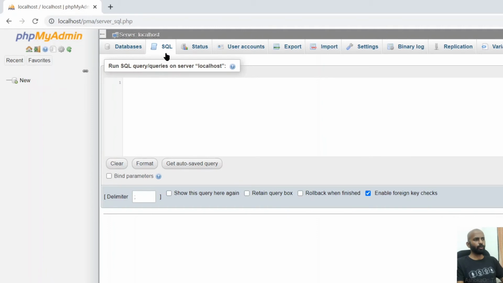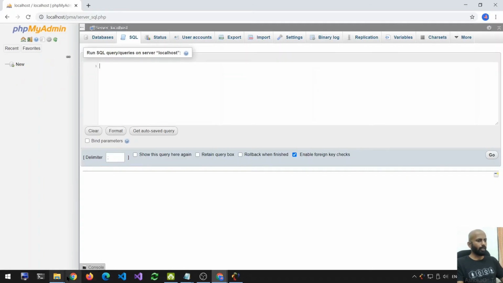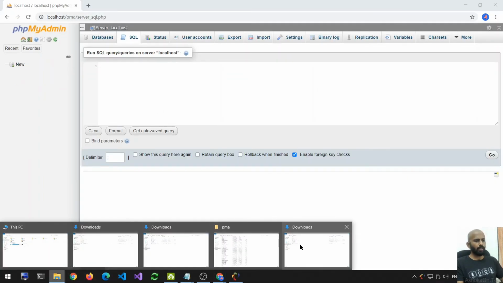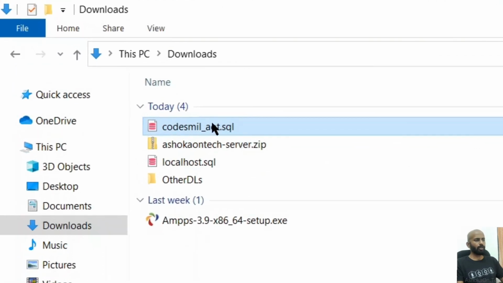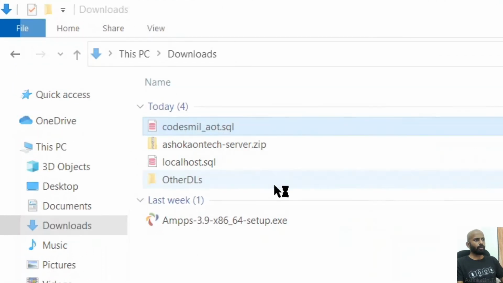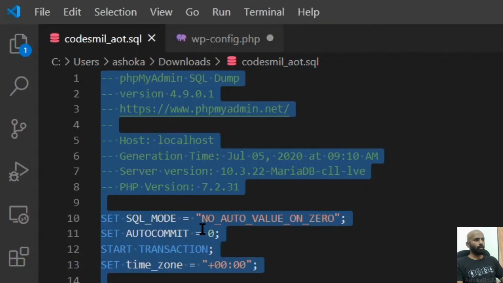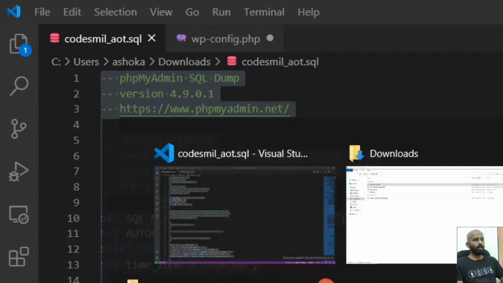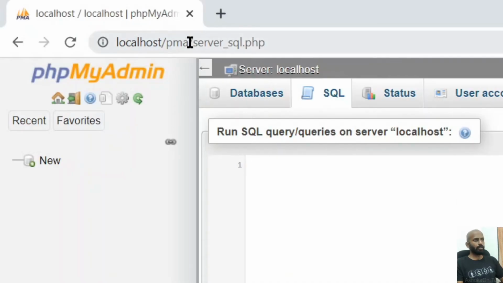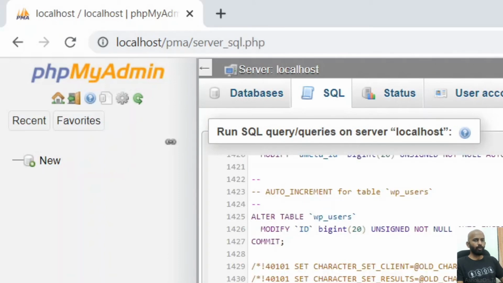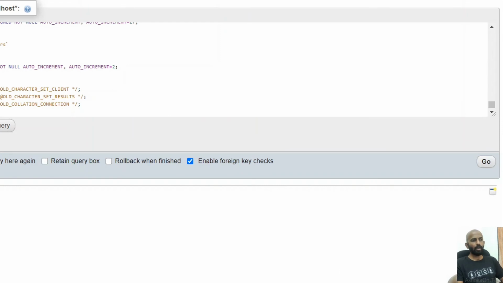So now I'm going to copy the SQL that we have downloaded. So this is the one that we have downloaded. I'm going to open with code and I'm going to press Ctrl+A, select all and copy everything. And I'm going to go here. This is our localhost. I'm going to paste it here and I'm going to click go. Just note here we don't have any databases in our MySQL server which is running in our local machine. So when I hit go,